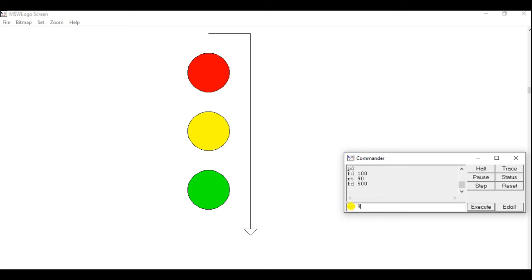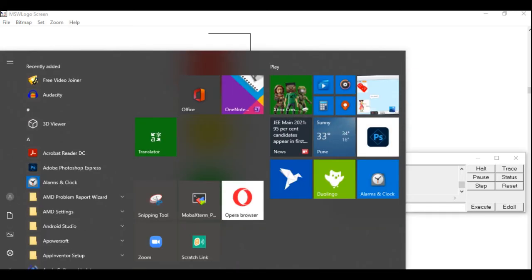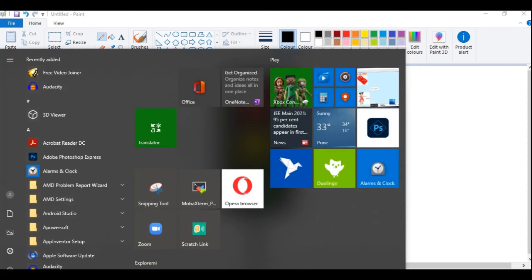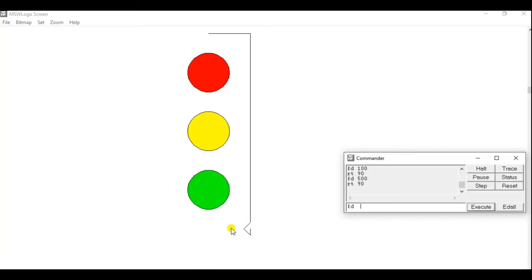Now again we will turn the turtle to the right side. So RT space 90. Again FD space, how much? I told you this distance will be 200. So here we will take 200, that is FD space 200. Done.